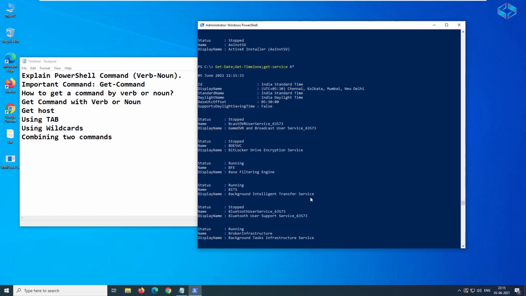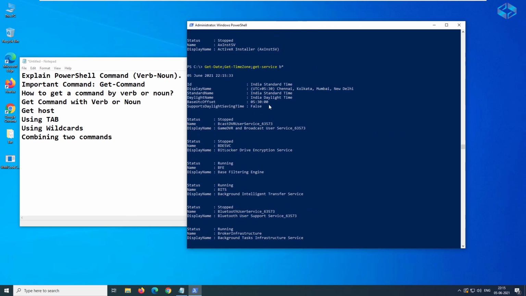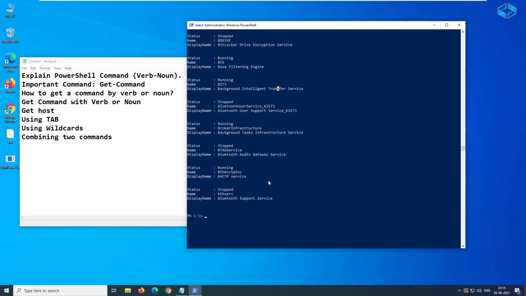So if you see here, you can see the date and also the time zone, and then it will display the services. So you can have anything, depending on your requirement. It is just an example I showed you.